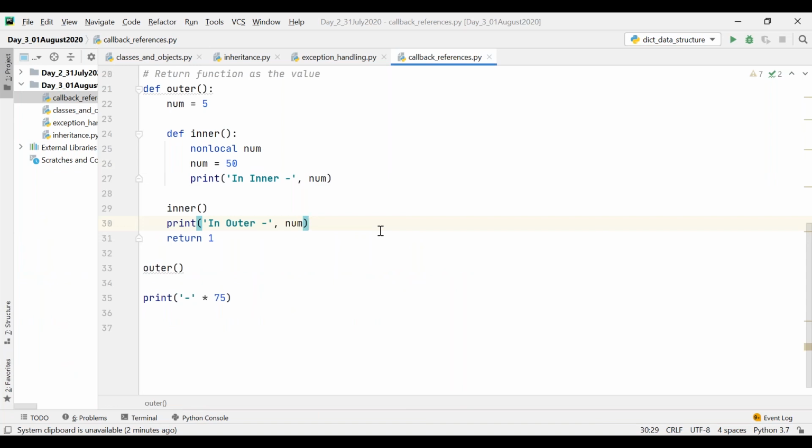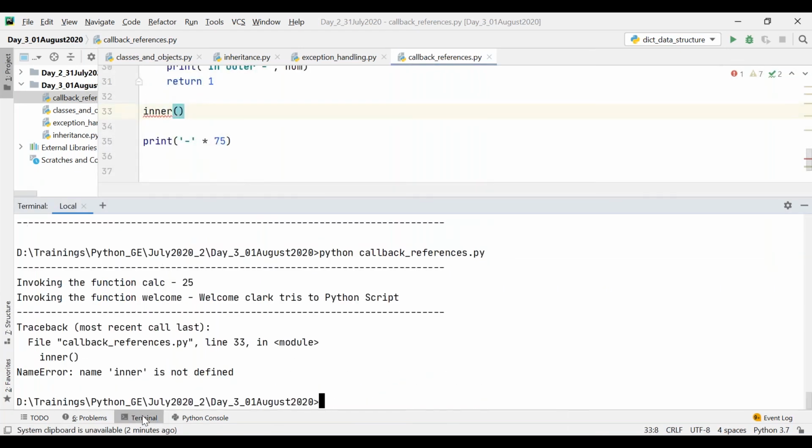Now if I want to invoke the inner function outside the outer block, because if I say inner over here, I'm getting the error saying name inner is not defined.